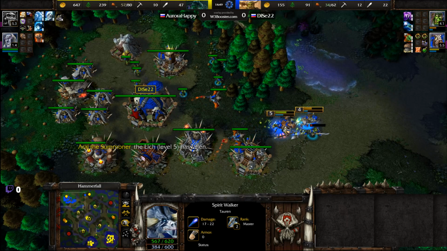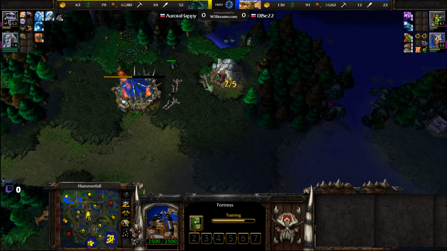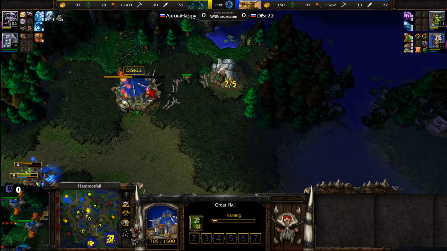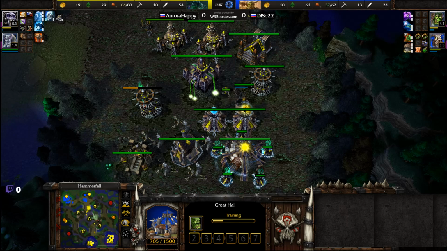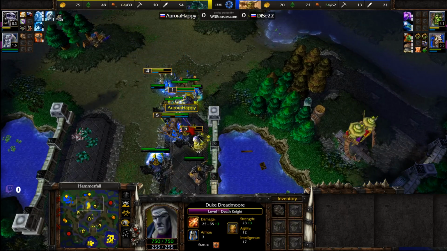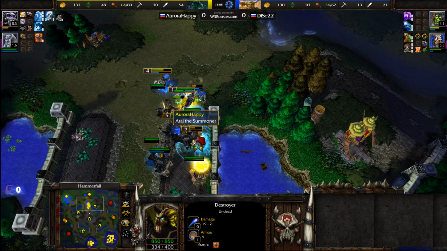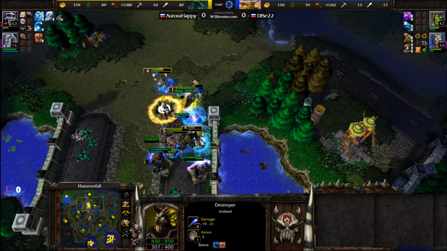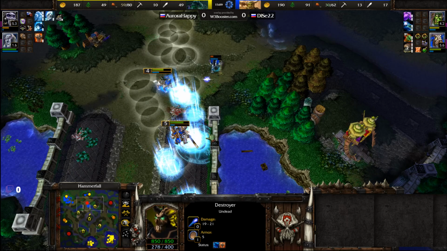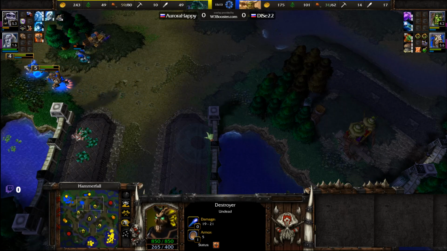Spirit Walkers now moving back. Dise, 3,800 gold here. All of these peons were lost and now trying to get trained back up out onto the battlefield. But I think the follow-up maneuver by Happy is going to be far too much. Army size difference too large. Dise getting kills on heroes, forcing TPs, but forcing TPs doesn't win you games necessarily, especially when you are already